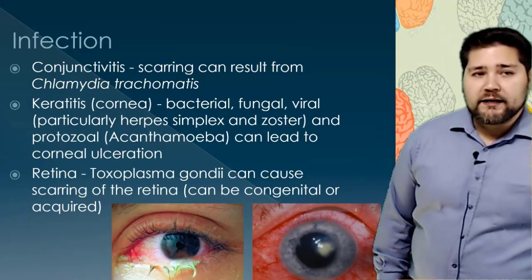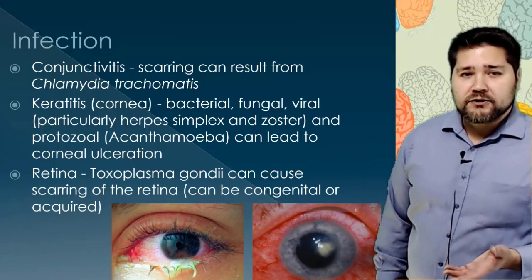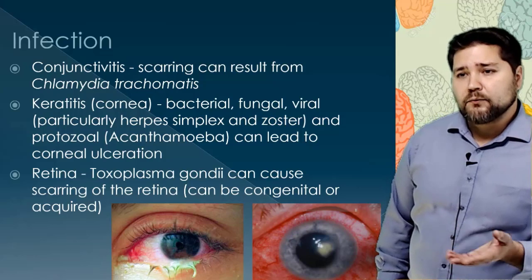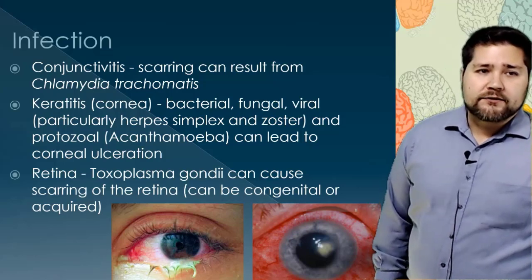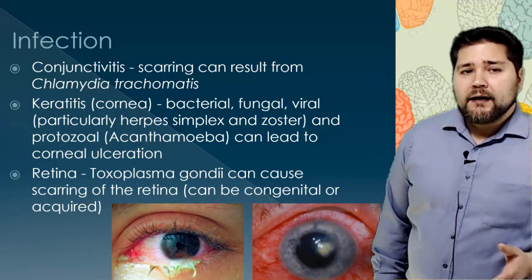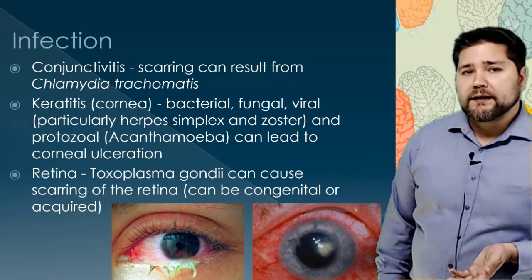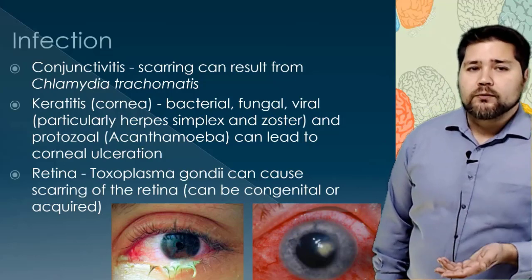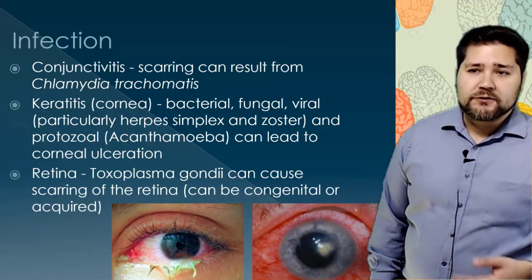Infections, just like in the brain, you get a couple of infections that are worth noting. Conjunctivitis is just any infection of the conjunctiva we talked about. Remember, the one under the eyelid and on the eye. This is usually caused as a result of Chlamydia trachomatis. And the problem with infections, and we'll see with all these types, is they can lead to scarring on the eye, which can be painful or maybe an increased risk of infections later on, particularly in keratitis,